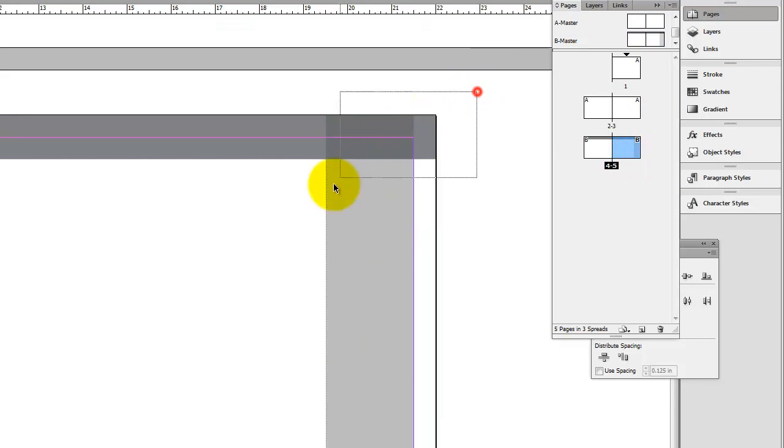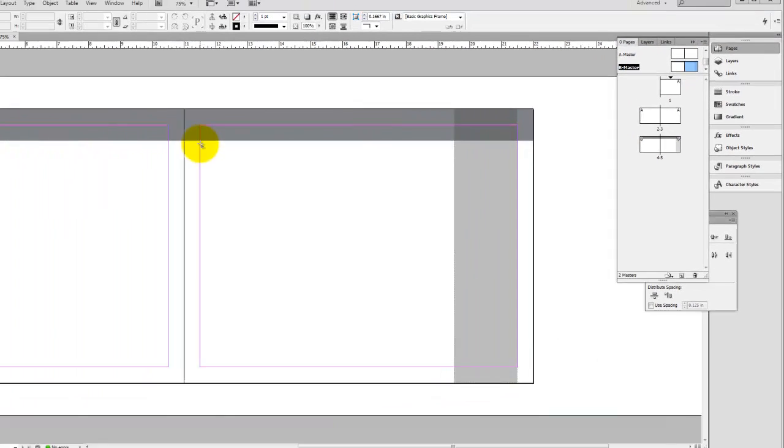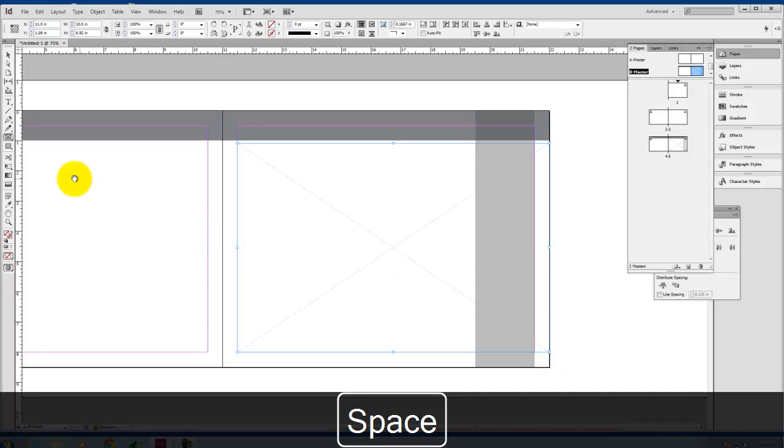One of the other things that's important to recognize is on the pages themselves, you cannot select any of this content, right? Because it's applied to the master, not applied to the page itself. Okay? So I can take this even further and say that I want to create my frames on this page. So let's say that I create a frame that looks like that, and on the back side here